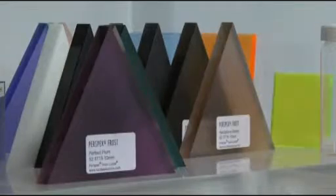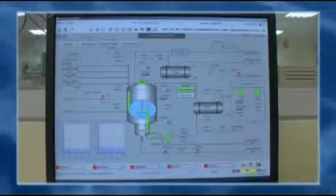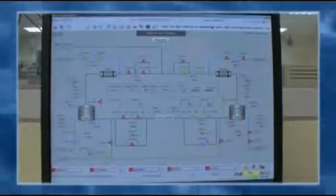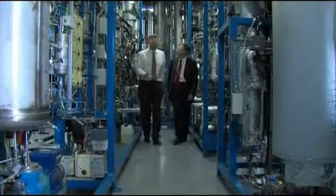Working with the universities is very important from a scientific development point of view, because it gives us the opportunity to actually understand the fundamental science. So we define specific projects with a number of universities around the UK, trying to get an understanding behind the process. On our site we produce about 125,000 tonnes a year of methyl methacrylate,